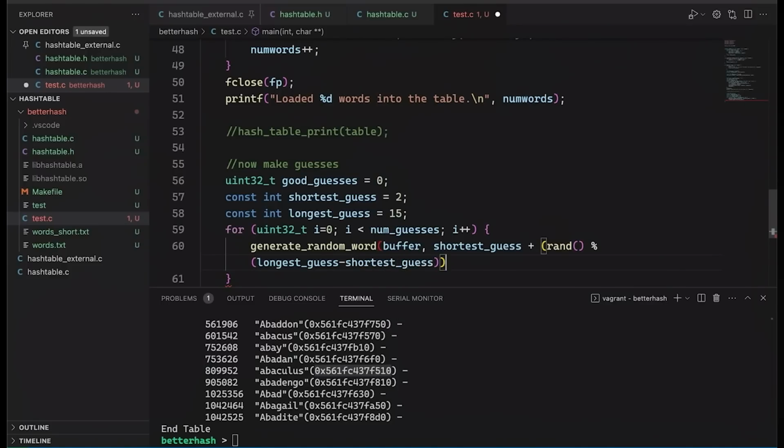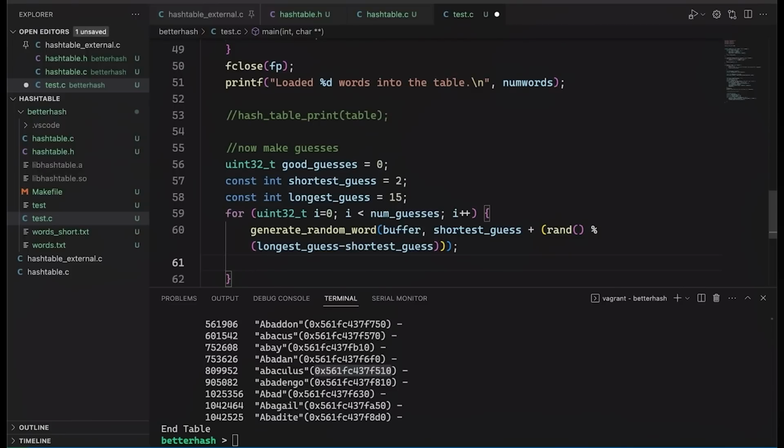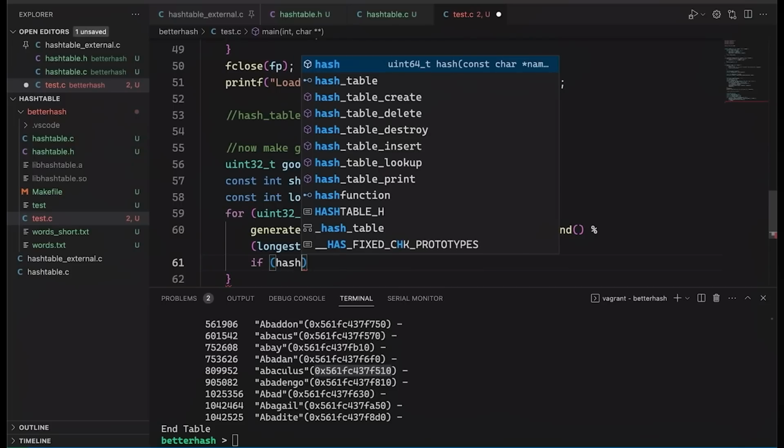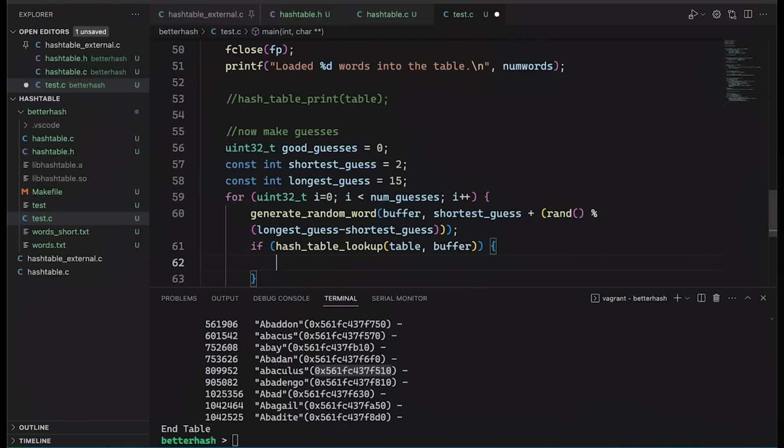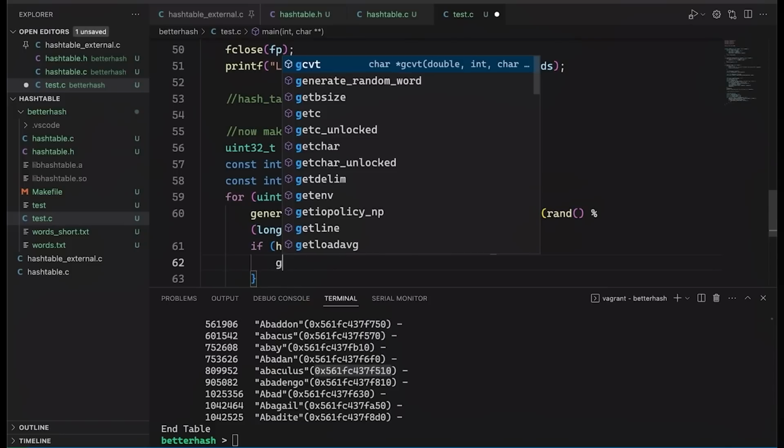Not that it's really critical what the length is, but just so it matches up to what I said I was going to do. So this is going to generate a random word at some point once we're done. And then we can just in here try to look it up. So we can say if hash table lookup and pass in table and pass in this buffer that we have, this random guess. So if that is not null, so if we found it,